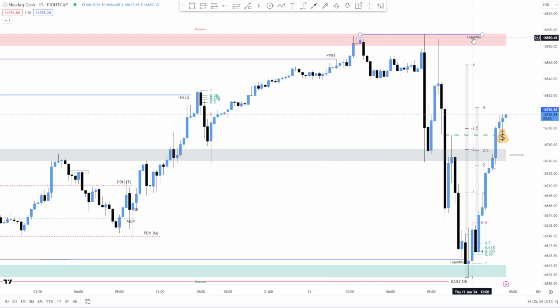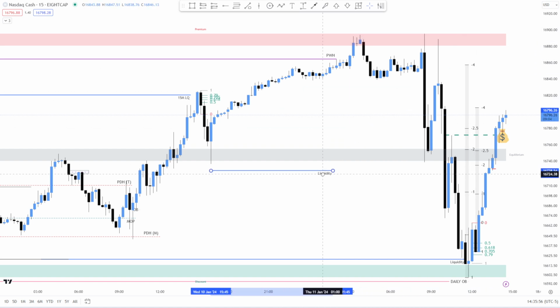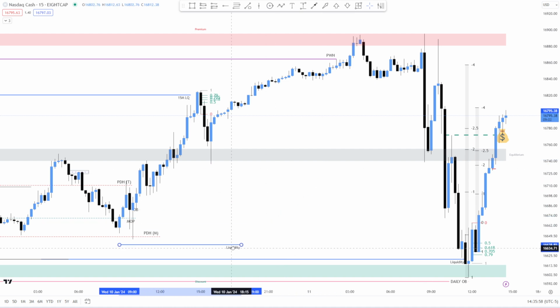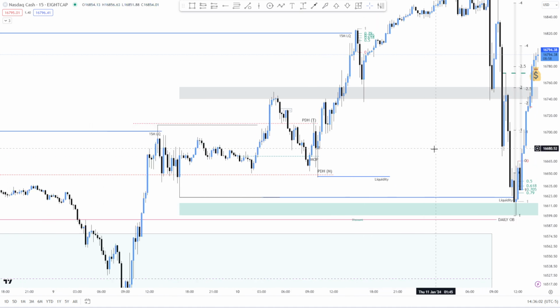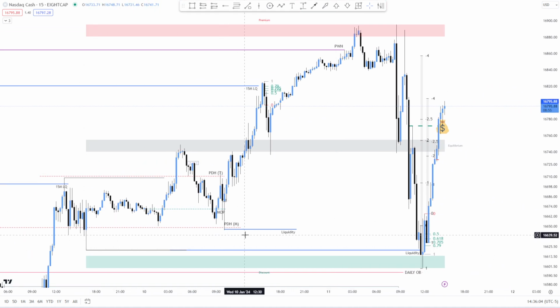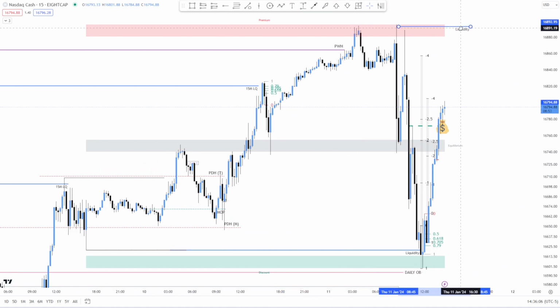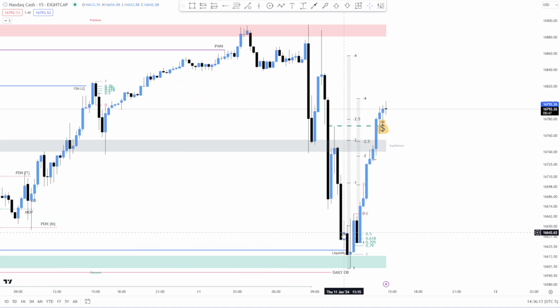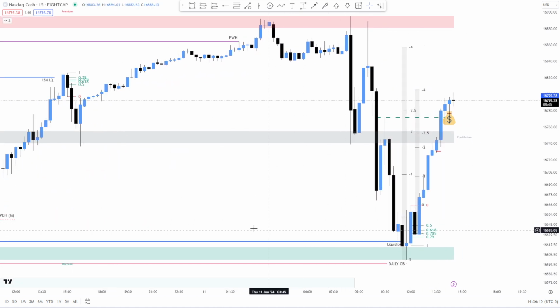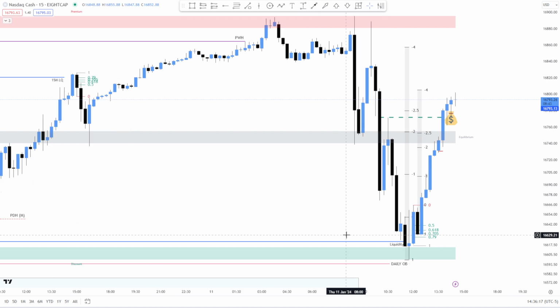So I had liquidity marked up here, I had liquidity marked up here, I had it marked up here. And then as you can see, this blue line that extends back here, I had this area marked up as well. So this guy, I guess it doesn't really matter now. So anyway, this guy is the one that hit today,